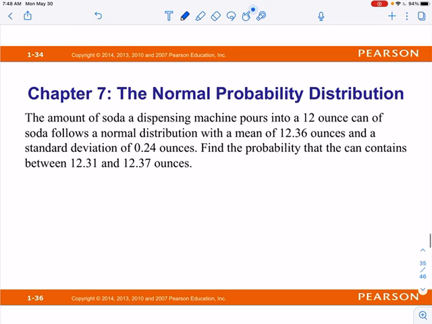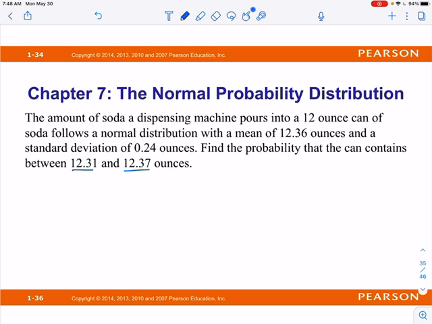Okay. Next one, the amount of soda a dispensing machine pours into a 12-ounce can of soda follows a normal distribution with a mean of 12.36 ounces and a standard deviation of 0.24 ounces. Find the probability that the can contains between 12.31 and 12.37 ounces. So again, we're going to follow the same process that we just did on the last slide. We're going to find the z-scores for both 12.31 and 12.37. And once we find those z-scores and look them up on Table 5, we'll take those two values